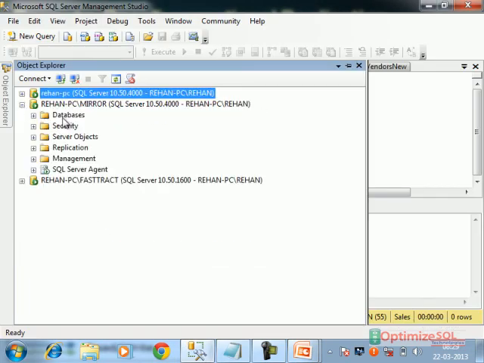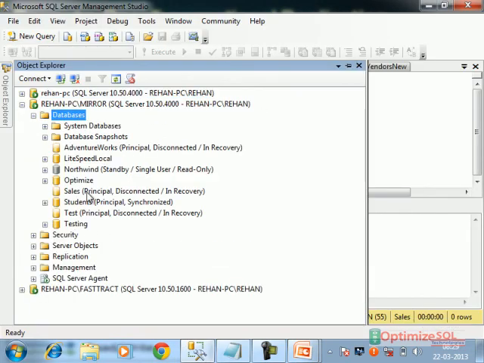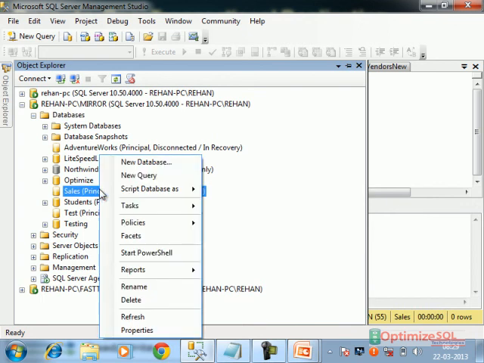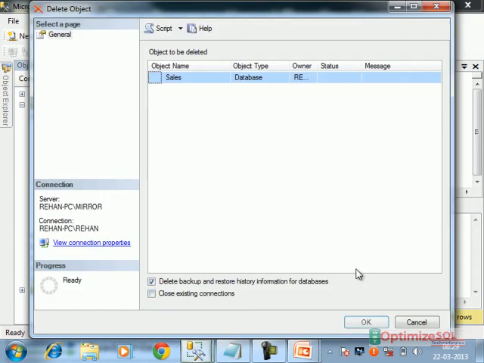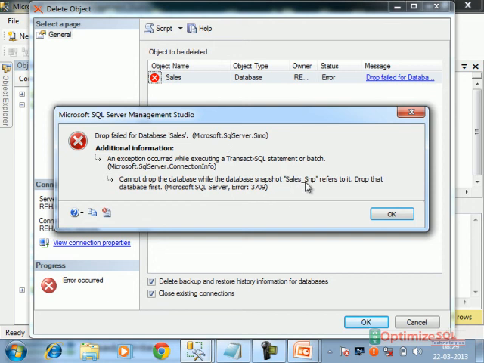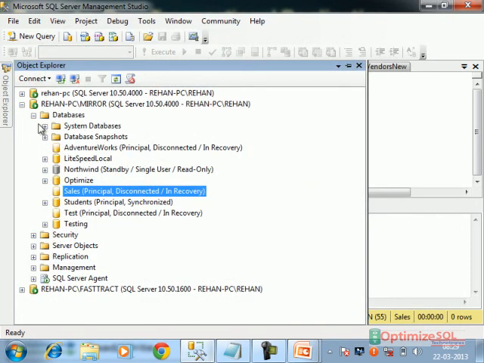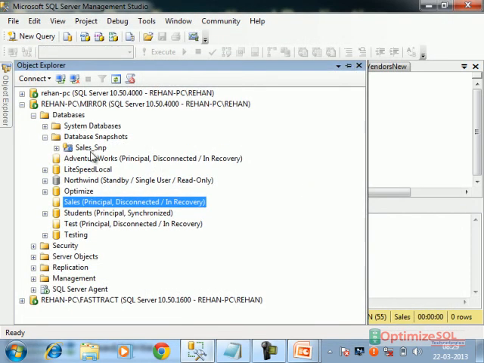Just go to the other nodes and restore it. Sales is already there here, which is already participating in replication. It is saying the database has a snapshot. So let's delete this snapshot.